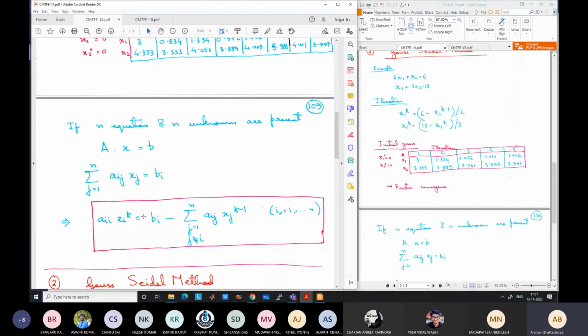So if your convergence criteria is 10 to the power minus 3, you say that if all the variable values do not change more than 10 to the power minus 3 between the previous iteration and this iteration, then I will say that convergence has occurred. If all the values do not change but one value changes more than 10 to the power minus 3, then also convergence has not occurred. Change should be below that limit. You can have different convergence criteria for different values, but generally it is a single convergence criteria for all the values. So like this we do.